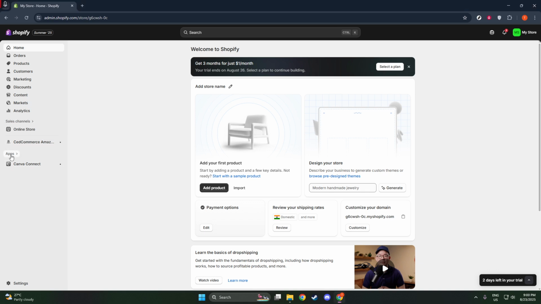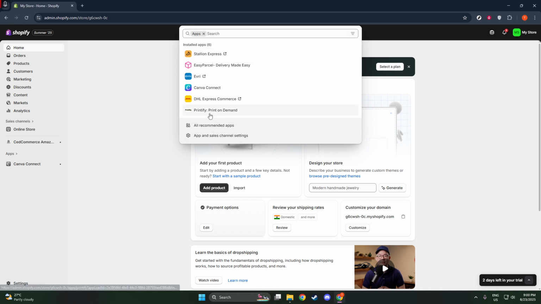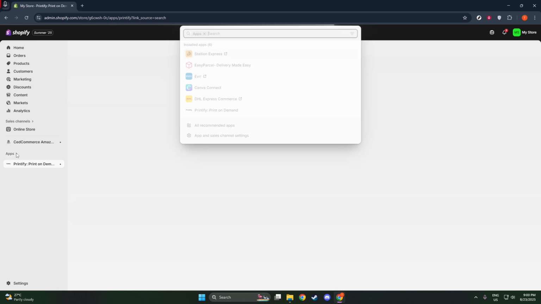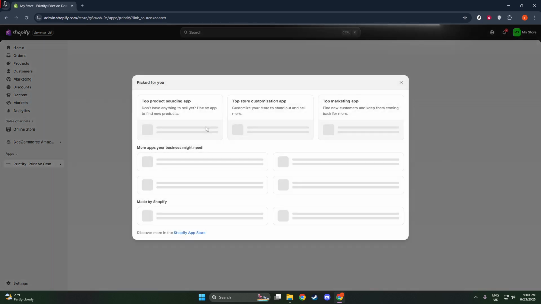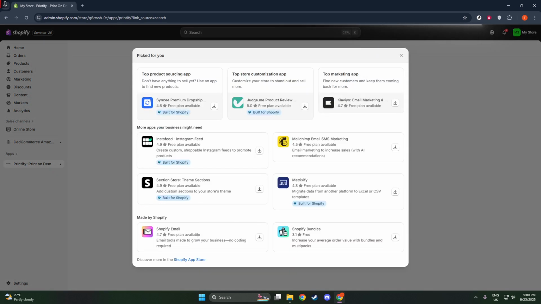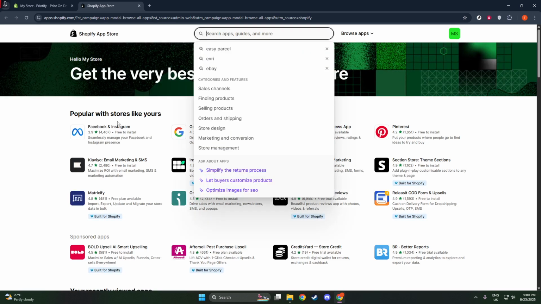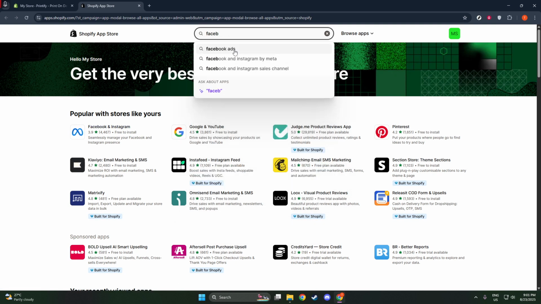This section is essentially your control center for all third-party applications and sales avenues attached to your store. Here, you'll be managing how your products are sold across different platforms. Next, we want to find the Shopify App Store. You'll notice an option to explore more sales channels and apps from this page. Simply click on Shopify App Store and it will open in a new tab or page depending on your browser